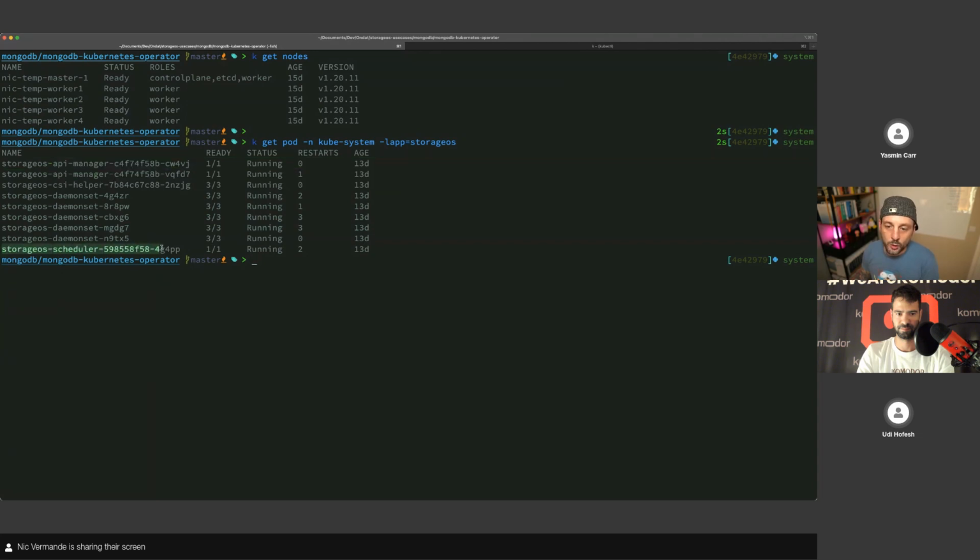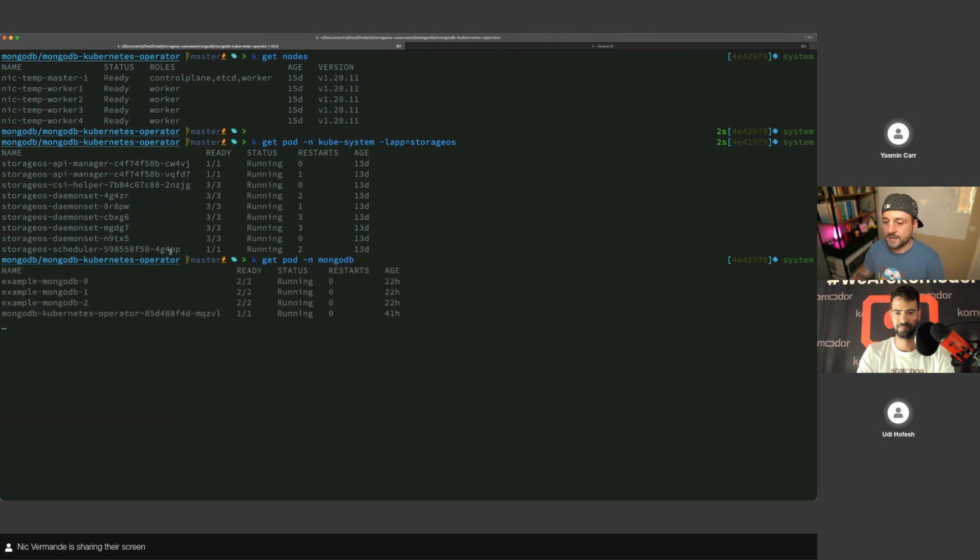And remember when I say we will try to collocate the pod to its own local storage, this is why we have our own scheduler, to manage this kind of thing, to try to optimize the pod with its storage. So what I want to show you is I've got my